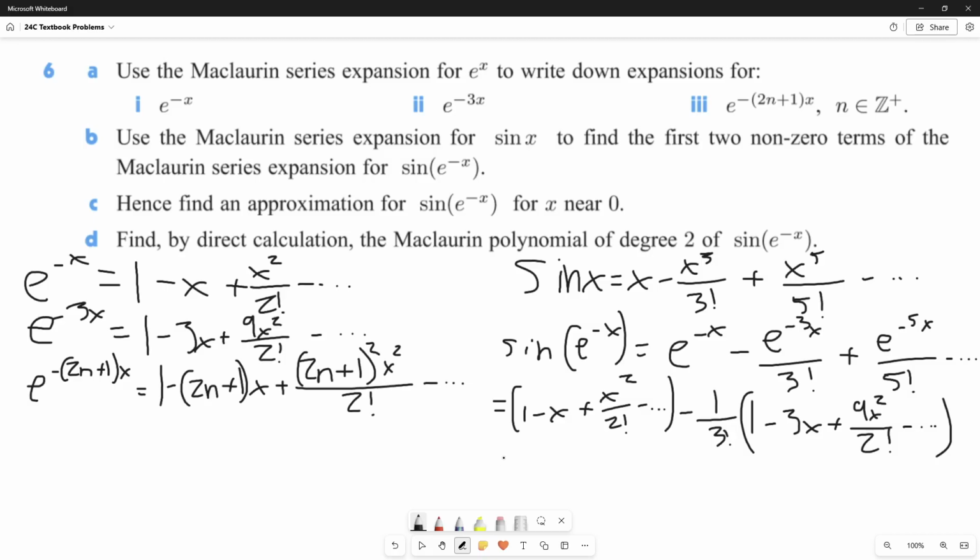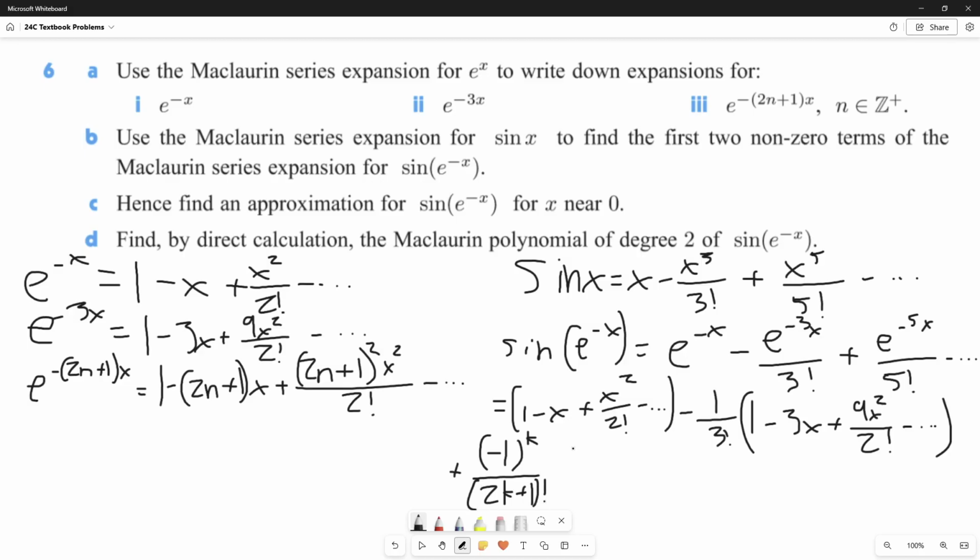And for the nth term in this expansion, we can see just from the first two that the sign switches every time, so we'll have a negative 1 to the k, and we can see that the factorial on the bottom increases by 2k plus 1,